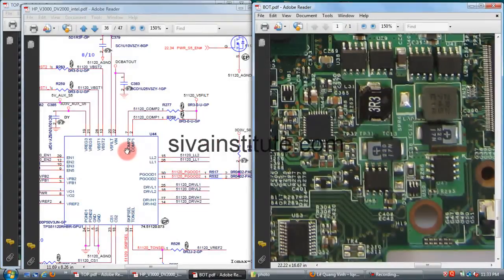Page number 36. 5 volts and 3.3 volts regulator U44 TPS51120. This is the U44 5 volts and 3.3 volts regulator IC.